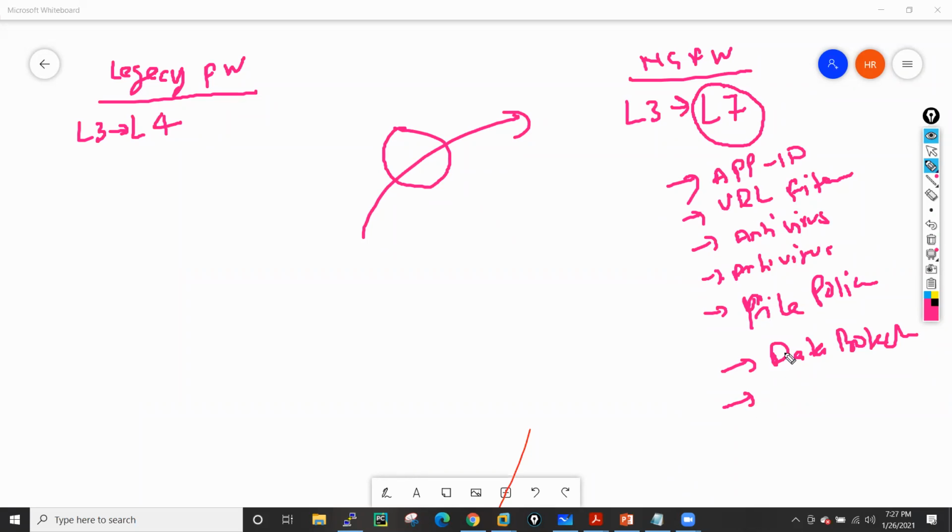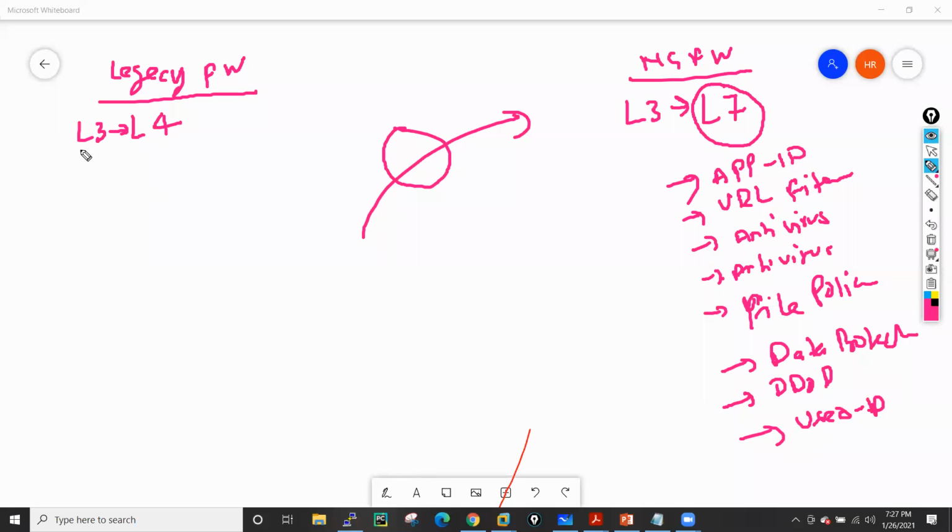This firewall also has other functionality like DDoS protection, and one more feature which is User-ID. We can write policy on the basis of users, right?